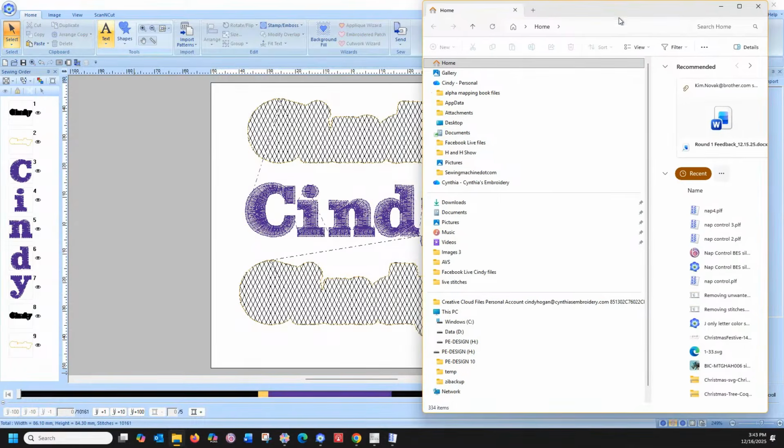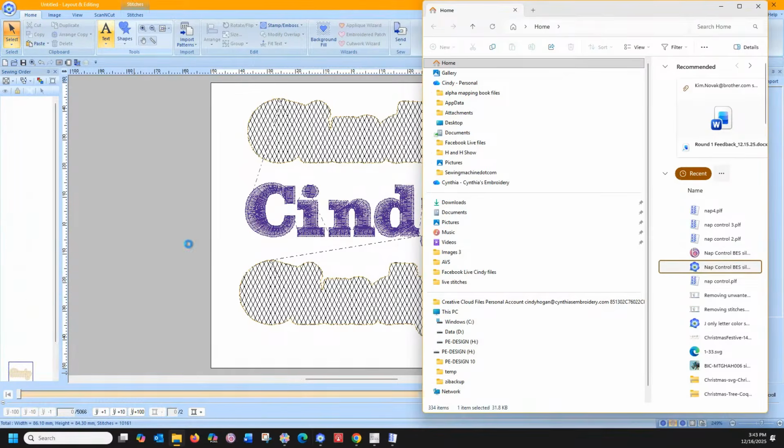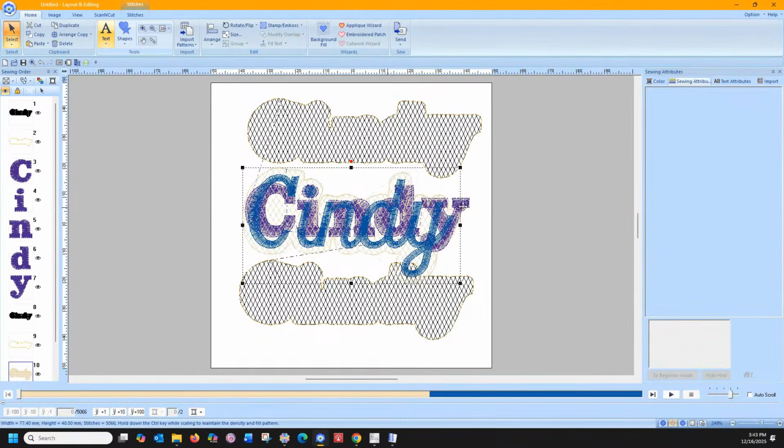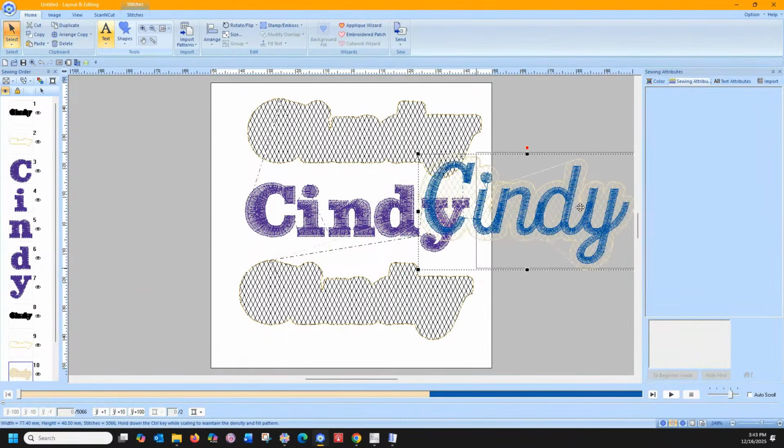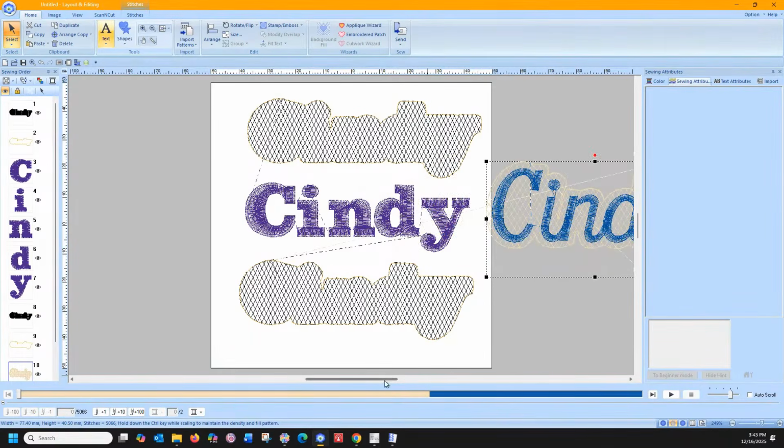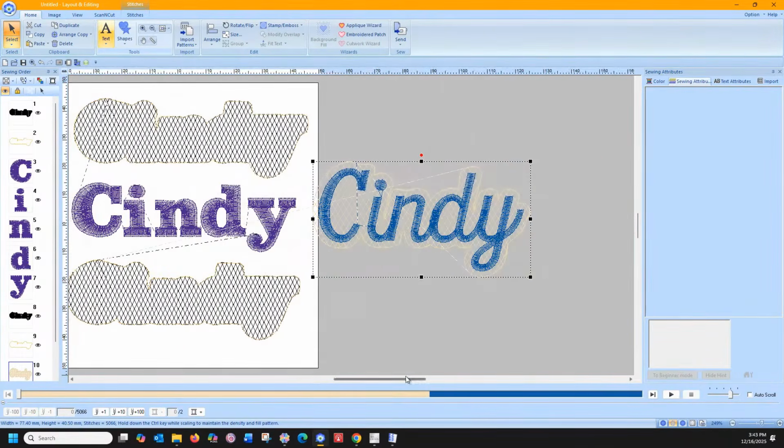And I don't want to go to the import window. I'm being lazy right now. So here's the file that I want. If I click on it, hold my control key down, I can drag it into my window, and it pops it in there as an import, not an open. So if I double clicked on it, it would open. But just by clicking and dragging,